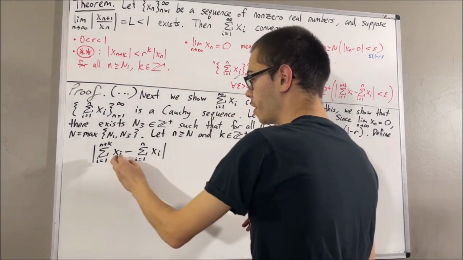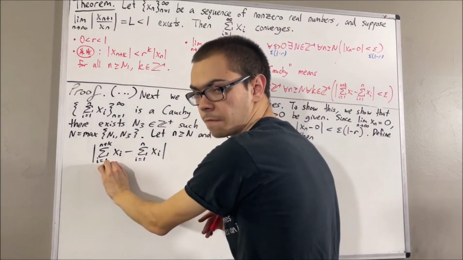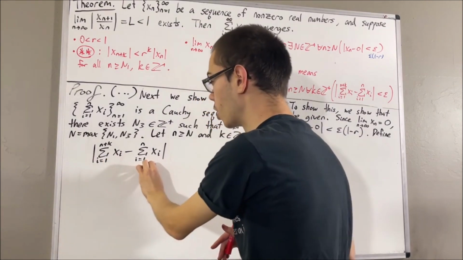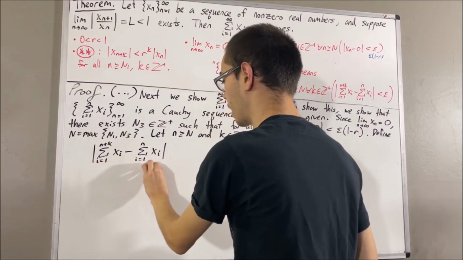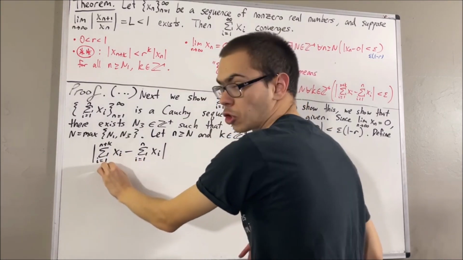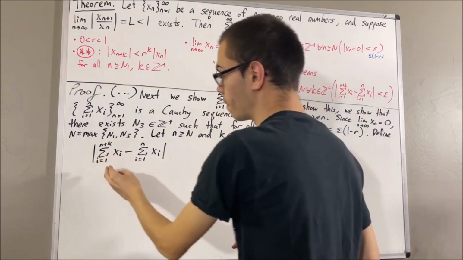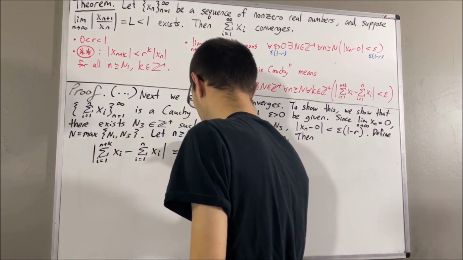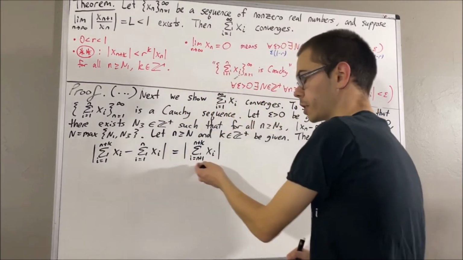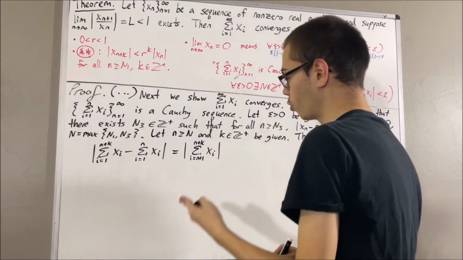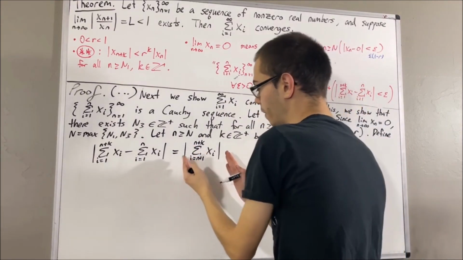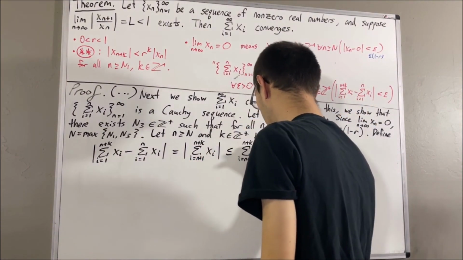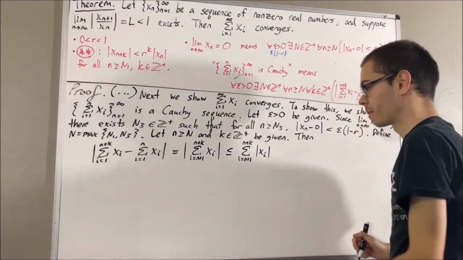Now, as you can imagine, the first n terms of this sum is precisely this, right? So if we're subtracting this minus this, we're essentially taking away the first n terms of this sum, and we're left with the sum from i equals n plus 1 to n plus k of xi. Right, so just like that. But then we can apply the triangle inequality, which tells us that the absolute value of a sum is less than or equal to the sum of absolute values. So this is what we get.